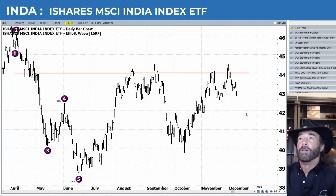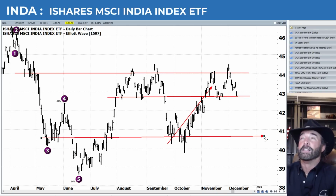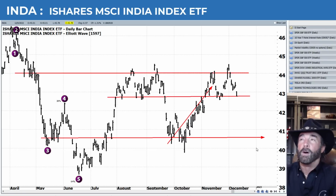So does that mean we've got to hold right here? I mean, if you're long the INDA, you need to see it hold right here, because look at this nice 45-degree angle move, but there's no real support on the way down. If we break below where we are now on the INDA, we're probably coming down to test this level right around the 41 area. But so far, as long as it holds, we have a chance to try again